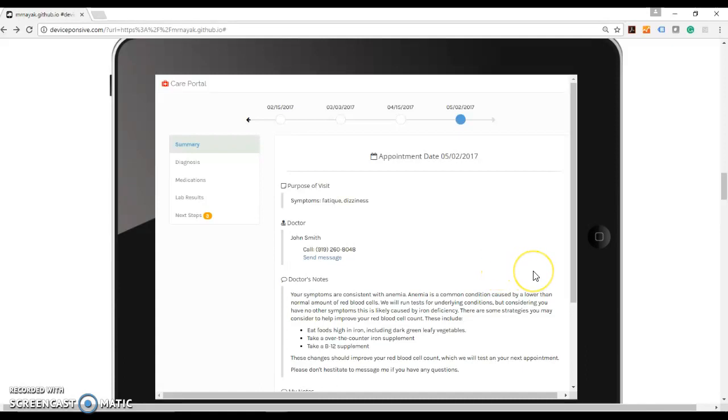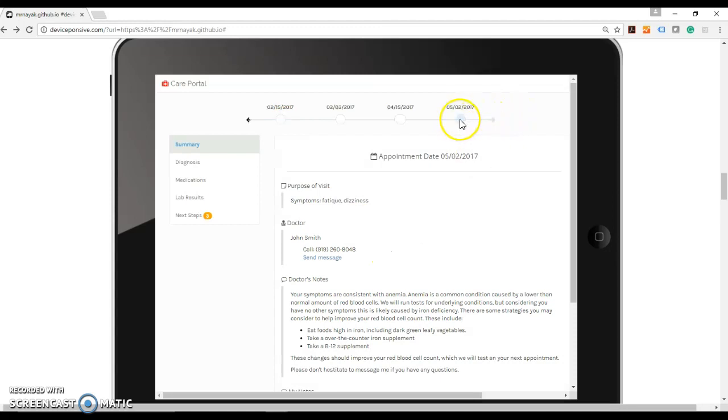So this is our prototype. Here in the top bar you will see different dates. The significance of these dates are the appointments. If you want to check for summary of any appointment, you can just click on that date and you will see the summary of that appointment. So like now you are seeing the appointment date 2nd of May. If you want to go back in the history and you want to see for this date, you can just click on it and it will pop up.